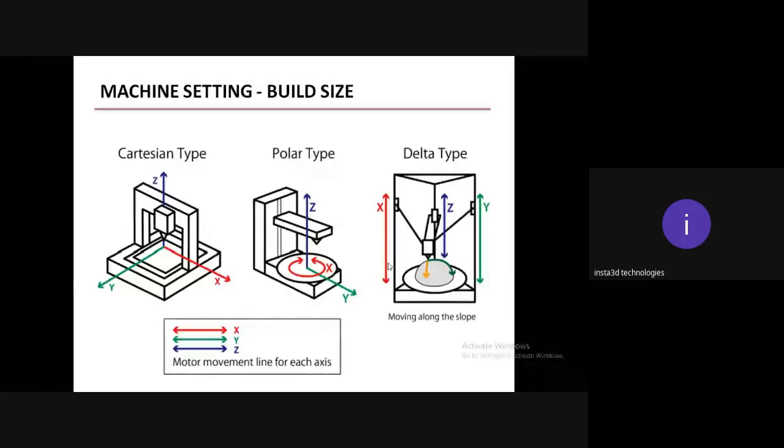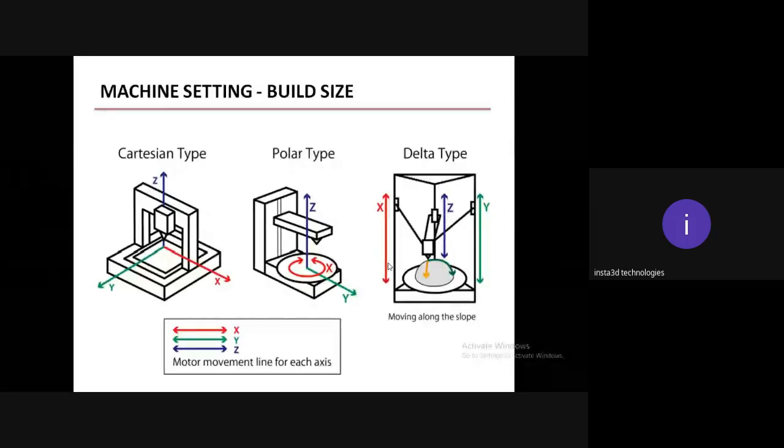Most of these slicing softwares are open source. Open source in the sense that you can use this software for most of the 3D printers available in the market. For example, Cura, IdeaMaker, Astroprint, then Repetier-Host, all these softwares are open source, and you can interface them with any of the 3D printers available in the market. So after your initial installation, it will request the machine settings,